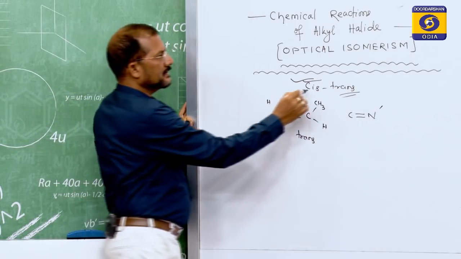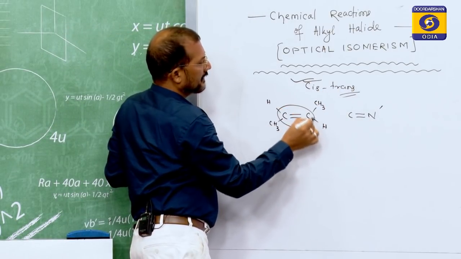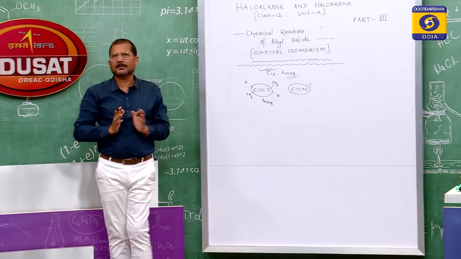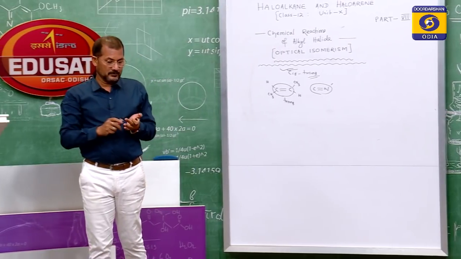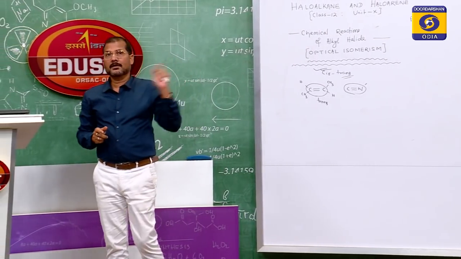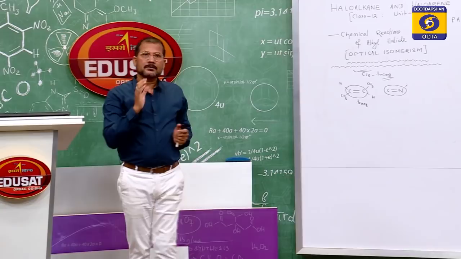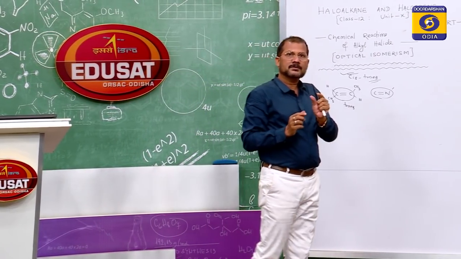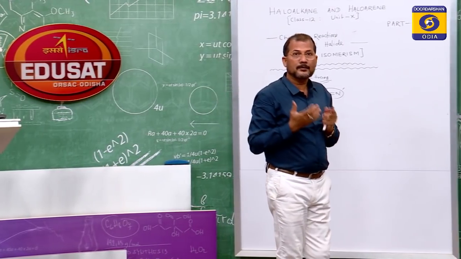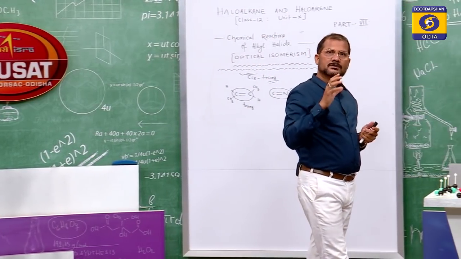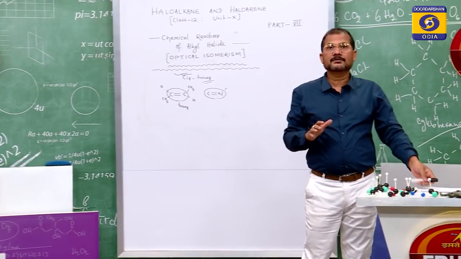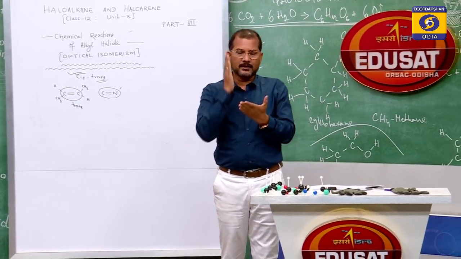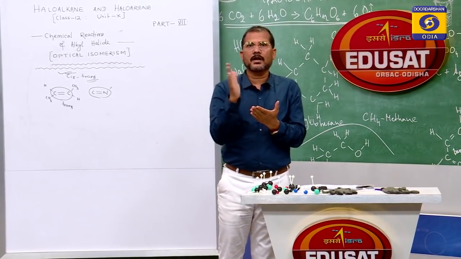So, you have understood cis-trans isomerism. For the conditions of cis-trans isomerism, we require this much: there must be a C double bond C or a C double bond N. But what are the conditions for optical isomerism? For optical isomerism, the condition is that the carbon atom should be a chiral one. What do we mean by chiral? It means the molecule should not have any plane of symmetry or center of symmetry, meaning you cannot cut the molecule into two equal halves.